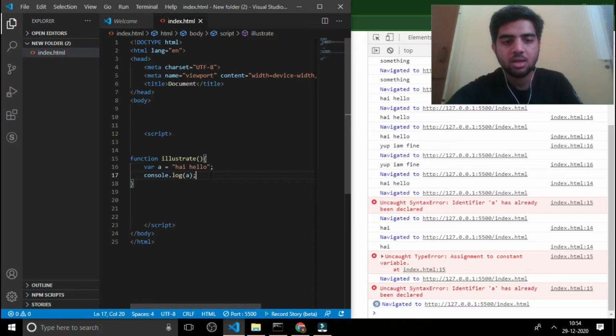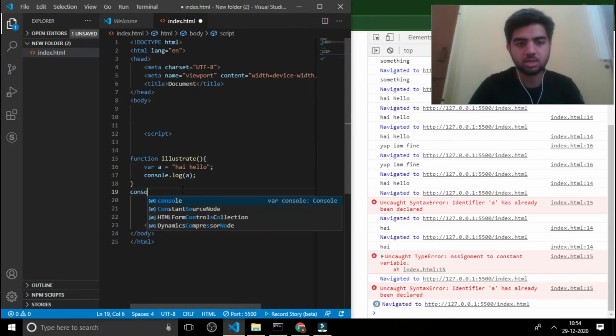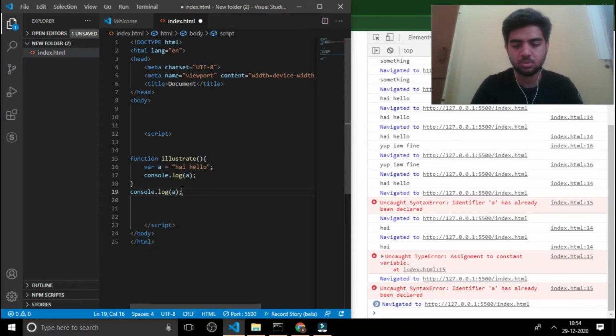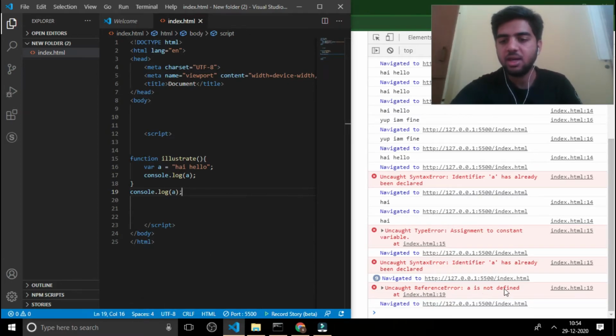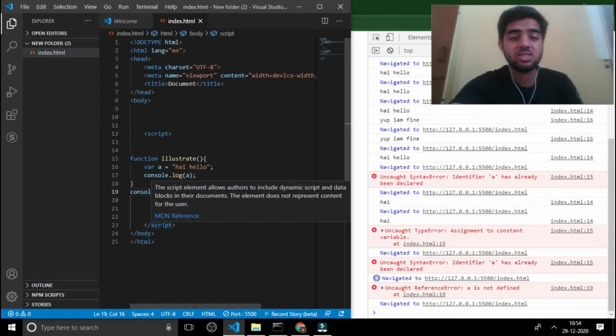Now I'll add console.log here. Now it's showing Uncaught ReferenceError, a is not defined at index.html 19. In line 19 we are calling console.log and it is giving the error that a is not defined. What do you mean by that?